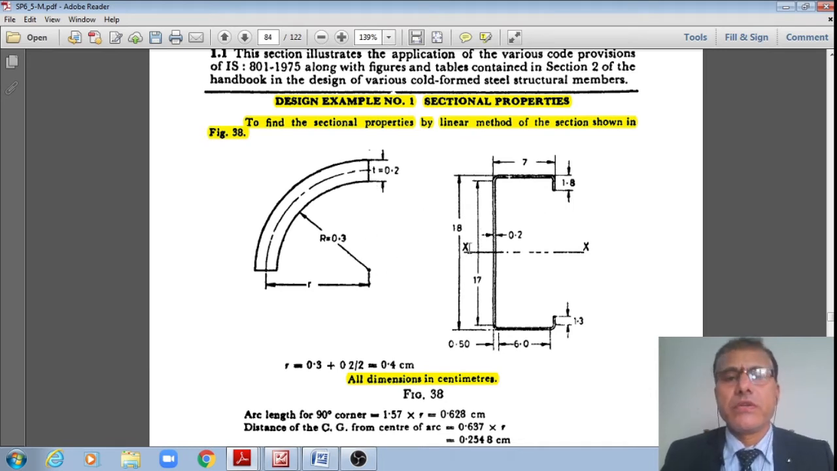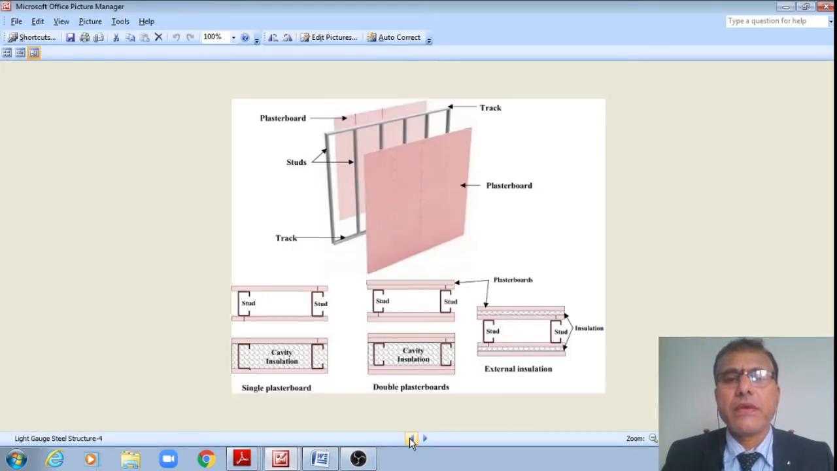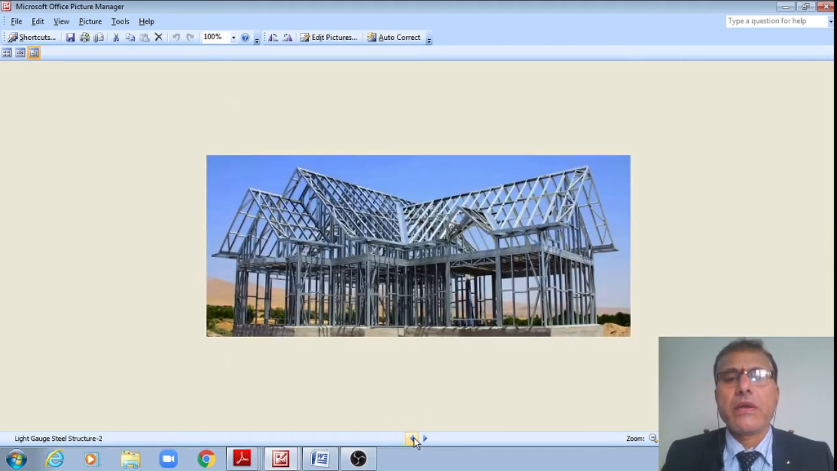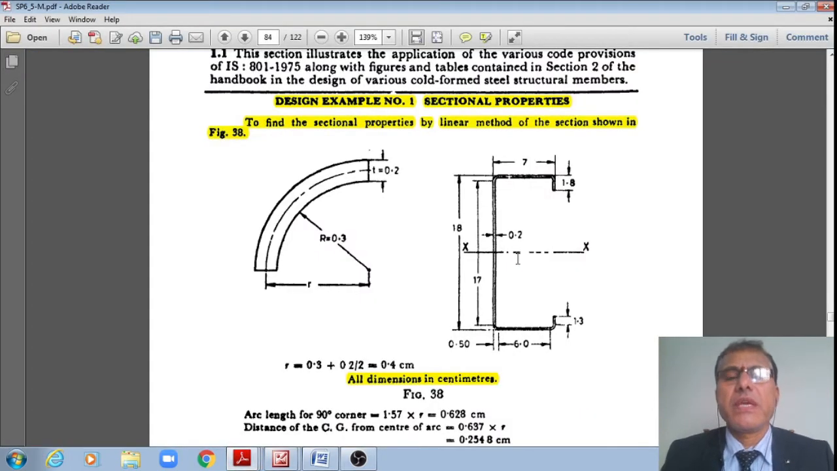Here the channel shape is given, like this. Let me show the channel shape, student. One moment. This is how the channel is given. These are the lipped channel, lipped channel is given, only single channel. Now I'm showing two channels back to back. There is a channel given for which I need to find out the